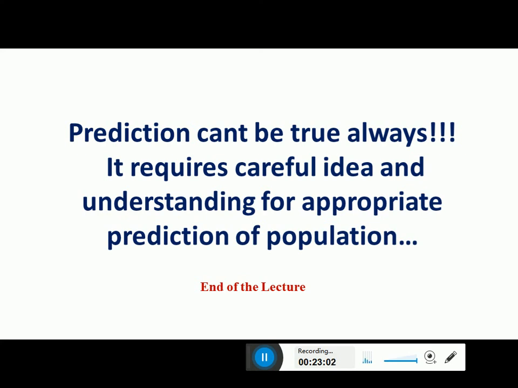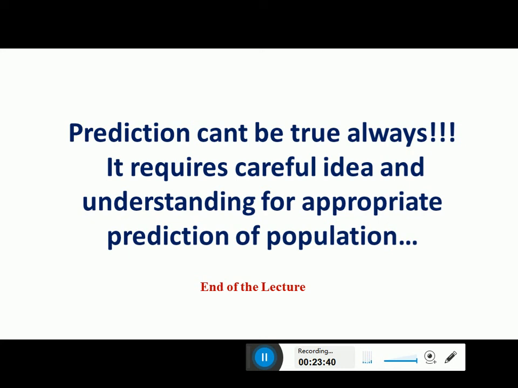Nowadays, especially during this pandemic, the population is migrating, many people are dying, and people are losing their jobs. There are a lot of economic disturbances throughout the globe. Under these circumstances it is very difficult to predict the population exactly, and it requires careful understanding of people's migration, the population, and the number of births and deaths to predict the exact population.